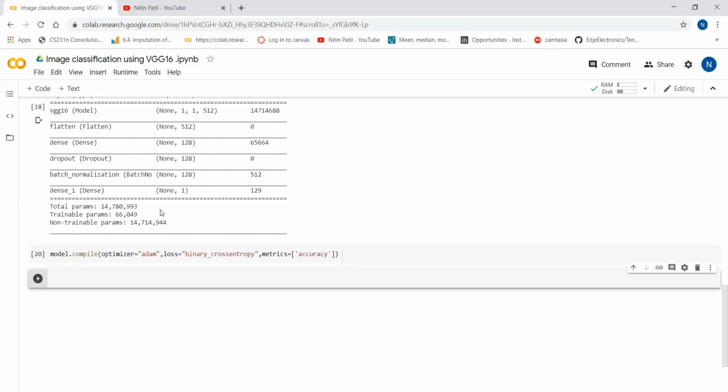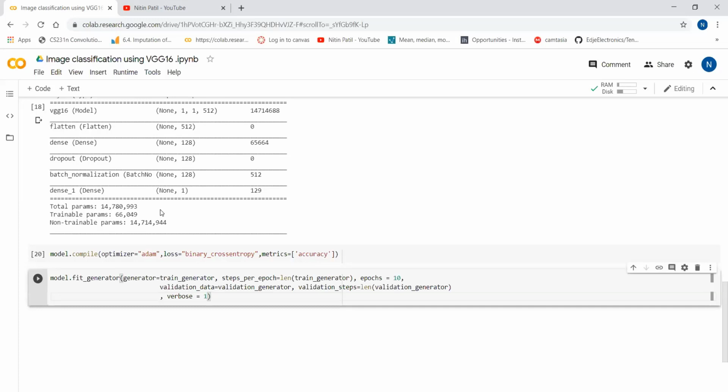In the last video we saw how we can fit our data and start the training, so I will use the same code. I will use fit generator.